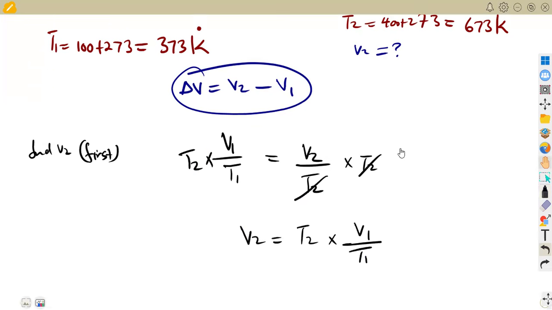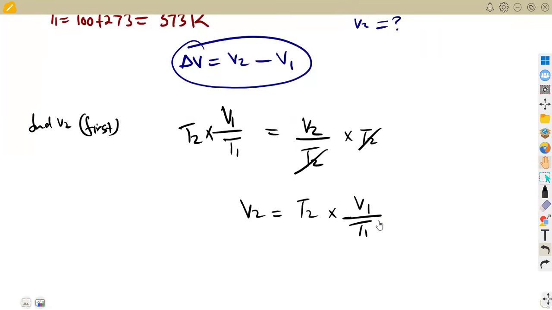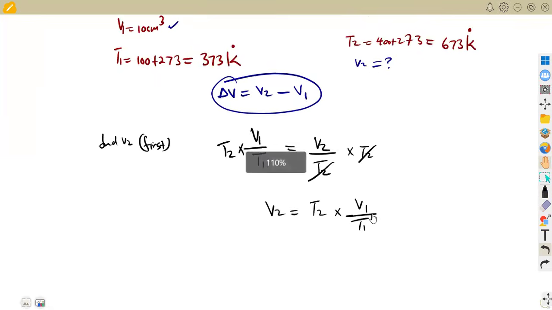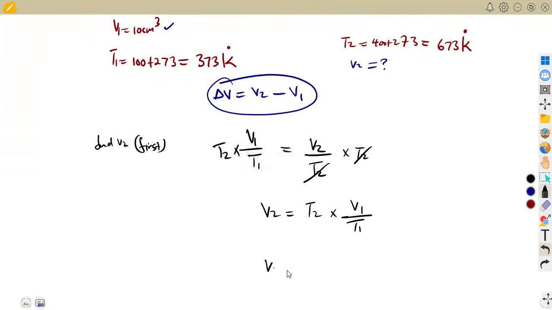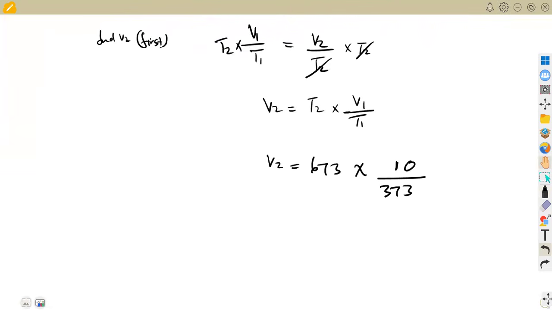So that is just a substitution to be taken there. You're just substituting your values. We have our T2, the temperature in Kelvin. So that means our V2 is going to be 673 times V1 over T1. So our V1, if you use it in cubic centimeters, it means our V2 is going to be also in cubic centimeters. So that is the idea there. If you use it in cubic meters, it means you're going to obtain V2 in cubic meters. But since this was used in cubic centimeters, we are going to obtain our V2 in cubic centimeters. So that's 18,043